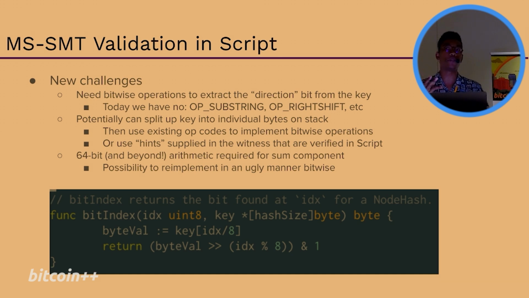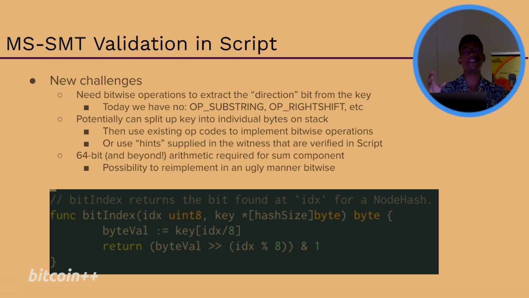One thing you can potentially do is try to split up the elements into individual bytes on the stack. So basically, don't put the key on all at once, and then split it up instead. And maybe you can do some simpler manipulation with that, or maybe just do it bitwise. If you just give me the entire key as 256 bits, obviously I can just do the normal operations. I can compare them, versus doing anything beyond that, which is really nice.